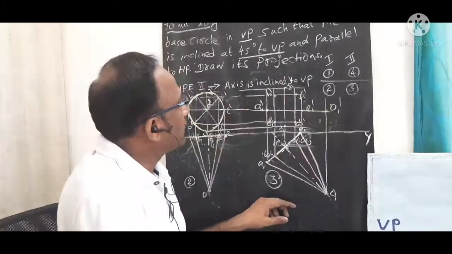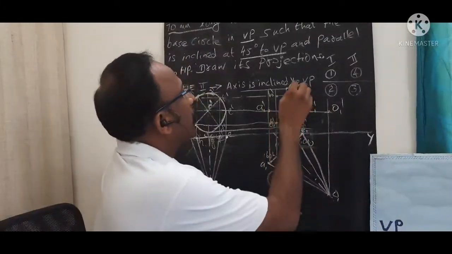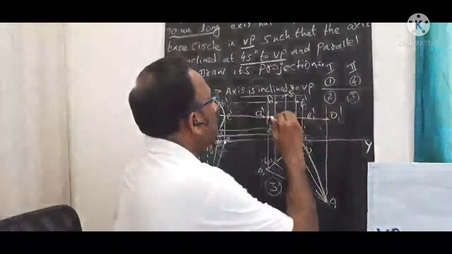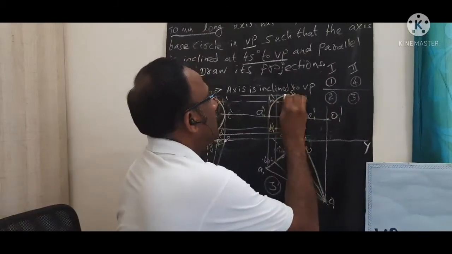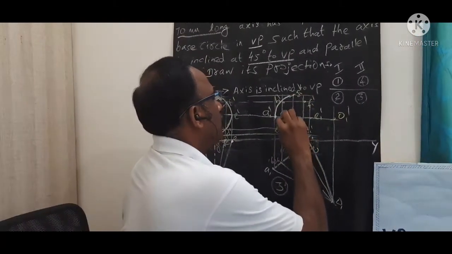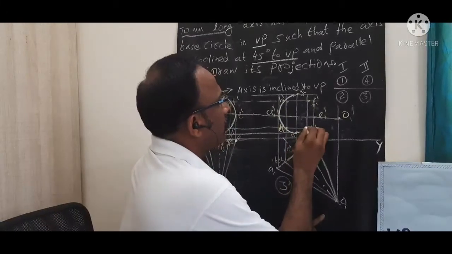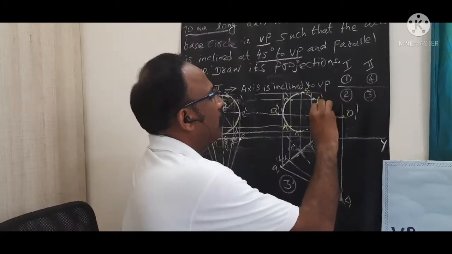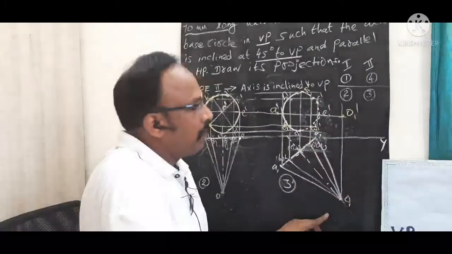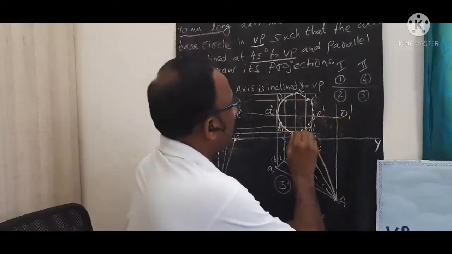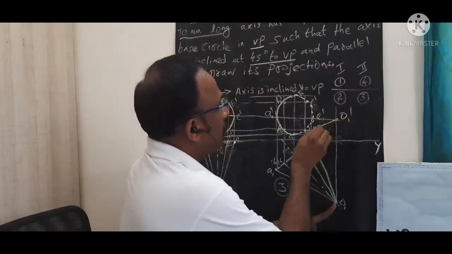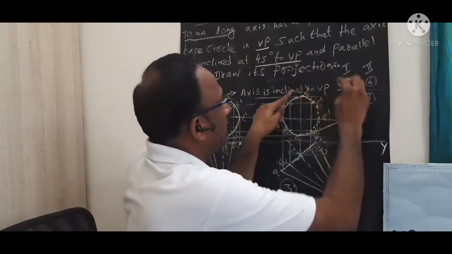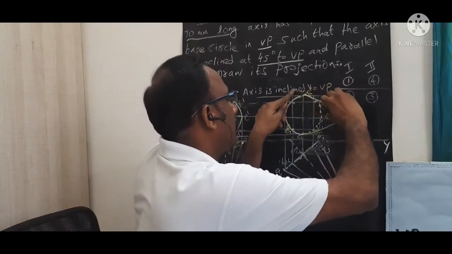So you need to join these points A, B, C and G, H by a smooth curve using your French curve. The other half of the ellipse will be seen as a dotted line because it is not visible. So we need to draw a dotted line. Finally, join this C1 point with O1 dash. This is one extreme generator line. This is another generator line which connects G1 dash with O1 dash. So you need to join like this.